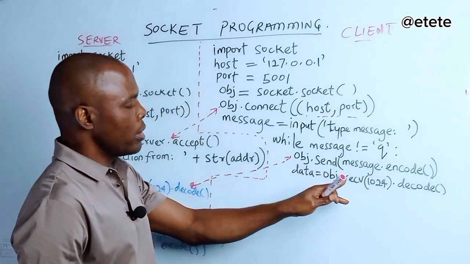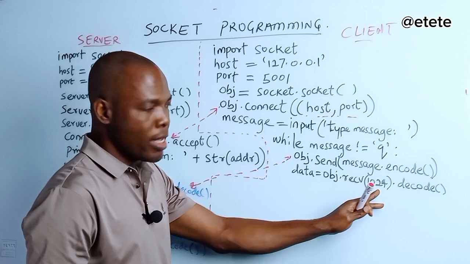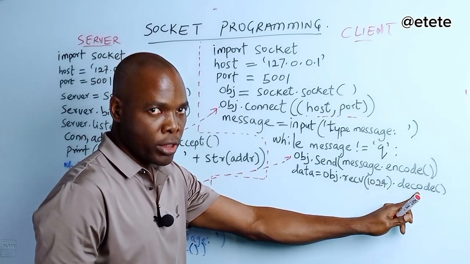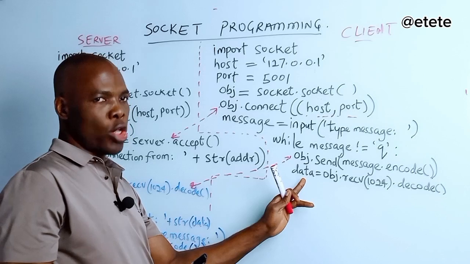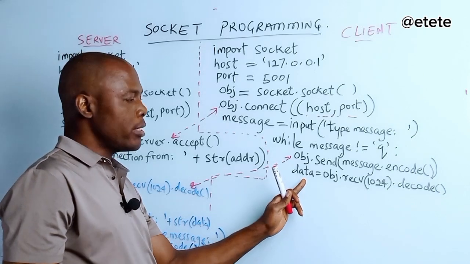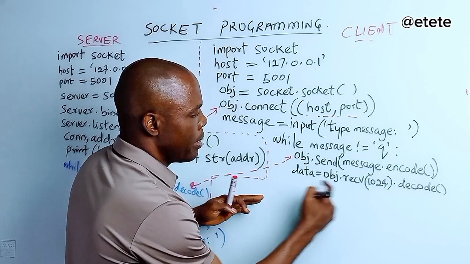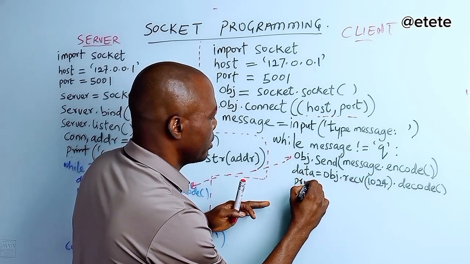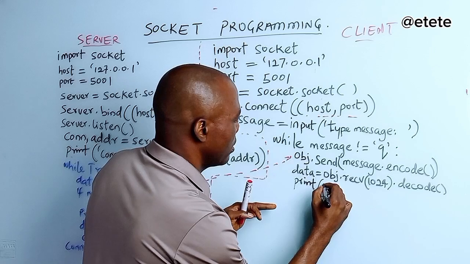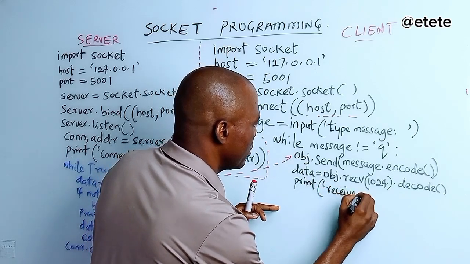So the object will receive 1024 bytes of message, and then it will pass it to the decode method. This decode method will decode that byte into a string, and then it will store it here, right? It will store it into this place. Then it will now print, received,